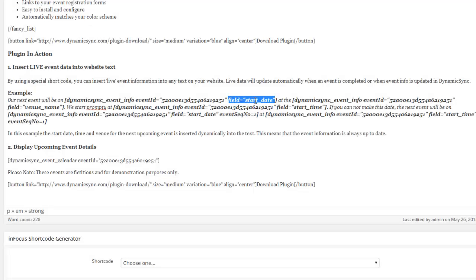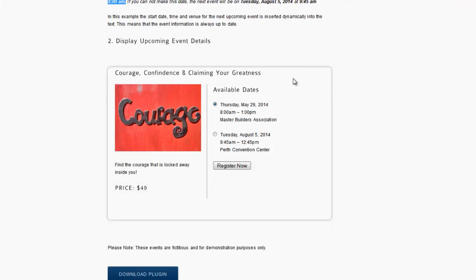So we can ask it to show us that particular field, start date. Now you'll see that at the next one we've used venue name. And the rest of it is really the same. So you can copy the first part. You can actually copy this whole block, paste it in, and all you need to do is change the field that you want to display. So here we ask for venue name, and then we start the whole thing again, start time. Okay, now if we update this and we go back to the website,